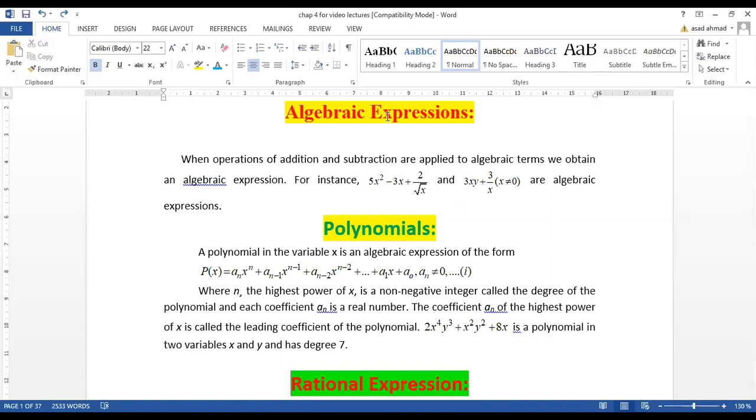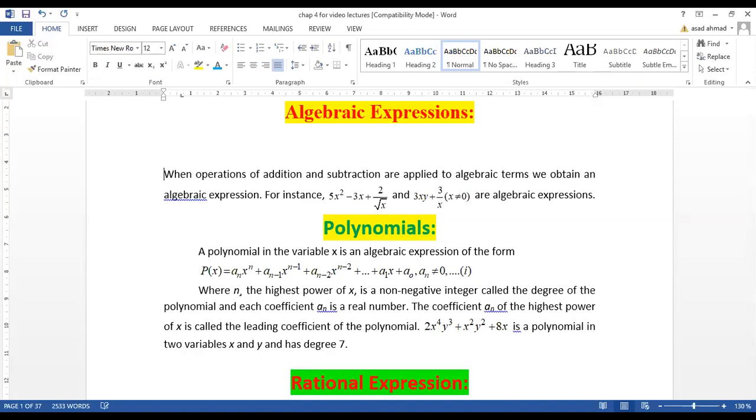So I want to tell you that algebraic expression, when operations of addition and subtraction are applied to algebraic terms, we obtain algebraic expression. For example, 5x square minus 3x plus 8. These are the examples in fact. If I go for further simplification, one by one, first let me tell you that if we have, for example,